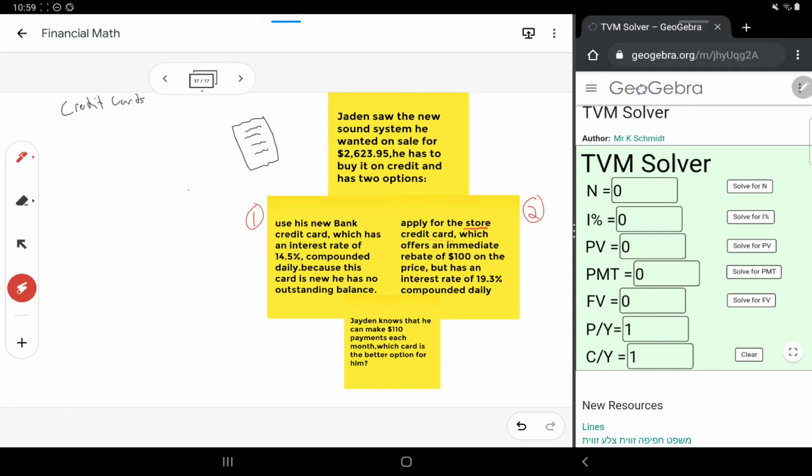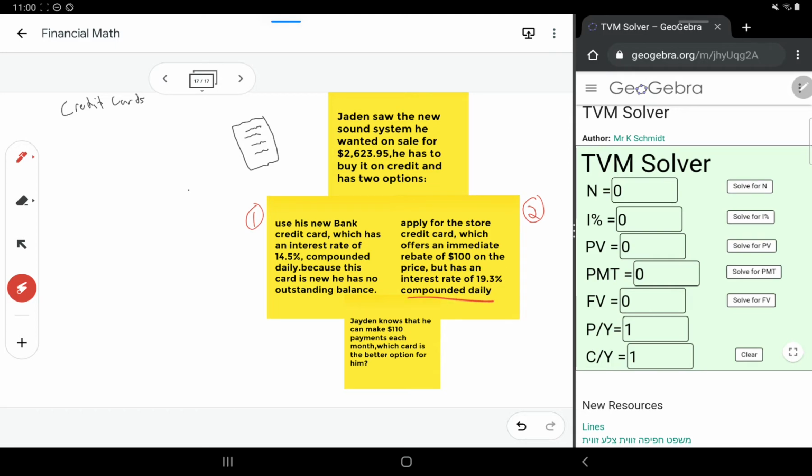However, option two, he could apply for the store credit card. A lot of stores nowadays have store credit cards that you apply through with them, and it earns you points at that store. Might be a good idea if you shop there a lot, but it looks like Jaden's just making a very large purchase here, which he might not shop there a lot. So we'll just have to use the information that's provided here and assume that they're roughly the same otherwise. This one offers an immediate rebate, so it's money back of $100. This is going to reduce that price by $100 immediately,